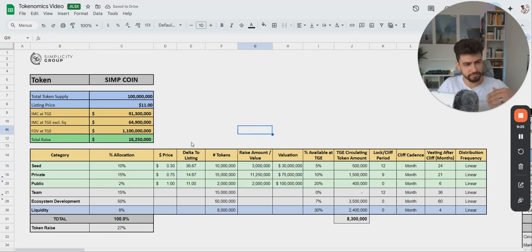Now, this is why the valuation typically is very high for projects, because they think, oh, I'm going to make my valuation super high, and therefore I'll be able to raise a lot more money. That is, of course, a bad idea, because again, your token price will just collapse. So you might raise a lot more money, sure, if you're a good enough project, but let's be reasonable and make sure that your token price doesn't collapse,